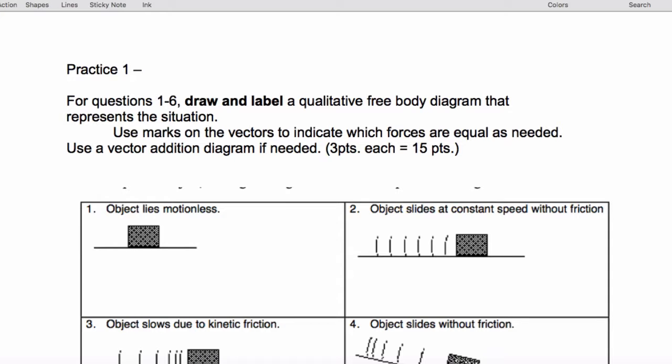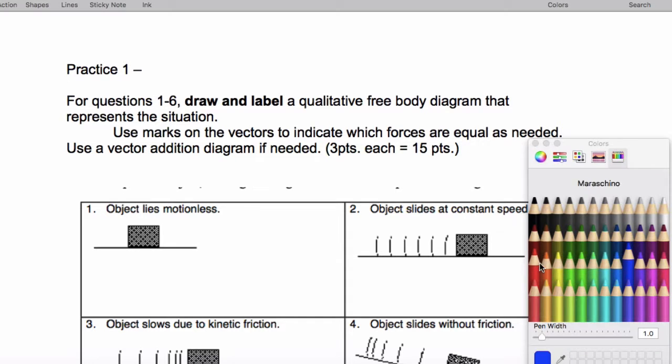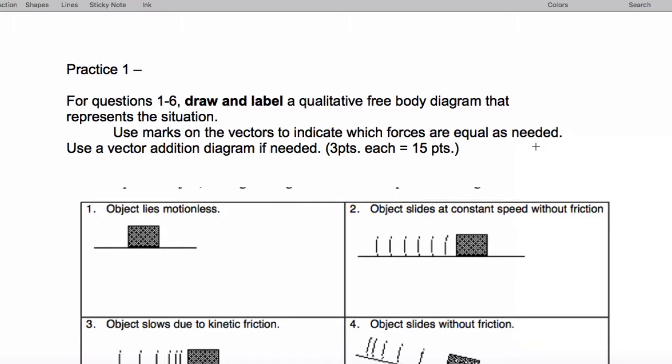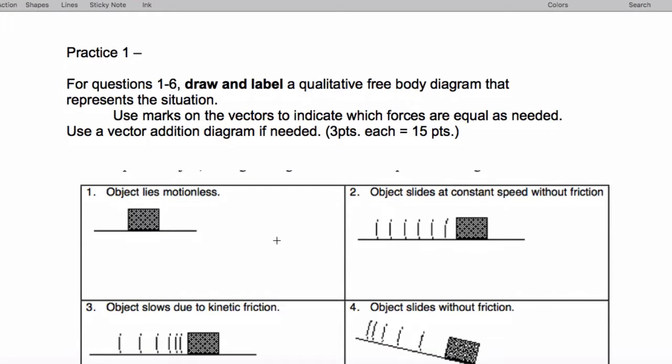All right, we're going to draw the free body diagrams for these various situations just to review some of the stuff we covered in class. One of the most important things around Newton's laws is that whenever an object is moving, we don't draw any kind of arrow in a free body diagram for the fact that it's moving. So when an object lies motionless, there is a reaction normal force from the floor, and there is